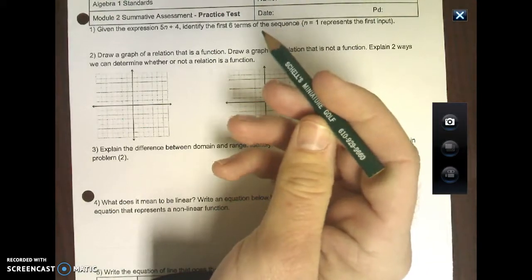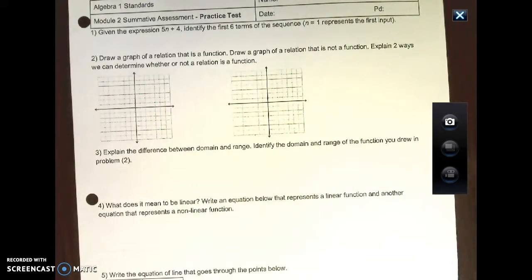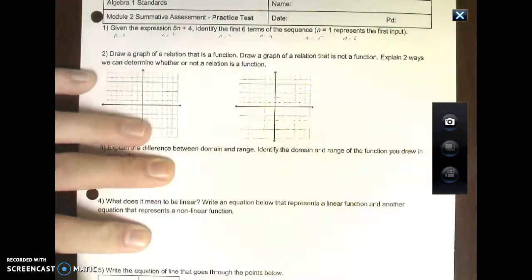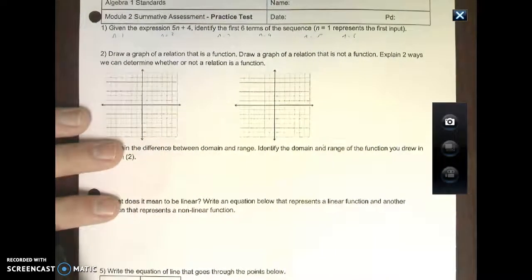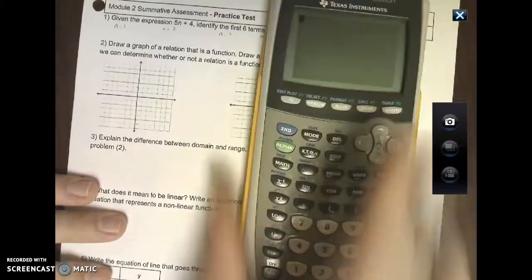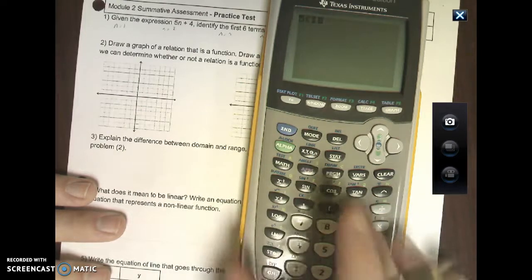Yeah, I love shells. Alright, given the expression 5n + 4, identify the first 6 terms of the sequence. So what they're saying here is n equals 1, 2, 3, 4, 5, 6, and you're plugging this in. Really all there is to it is you take your calculator and say 5 times 1 plus 4,